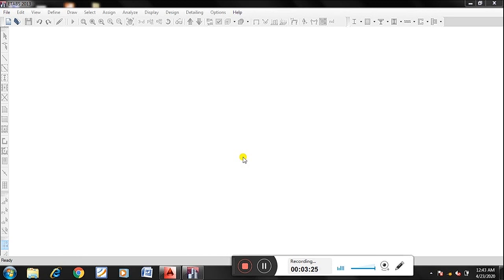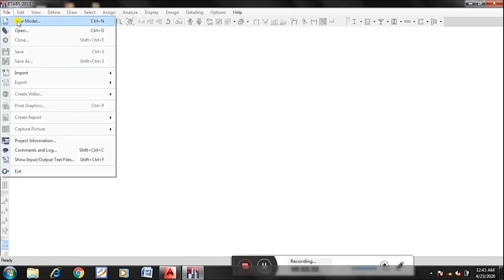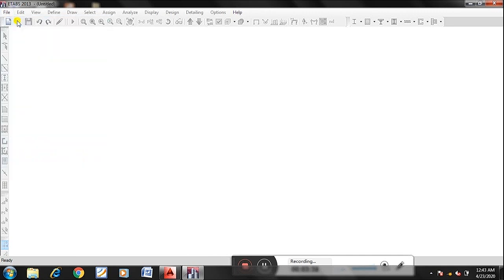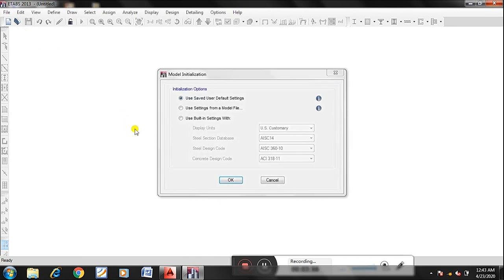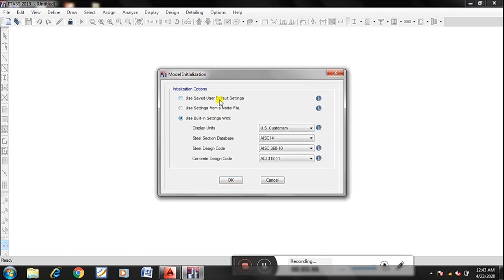The first step in ETABS is that you need to take a new model, and use built-in settings. You are not supposed to use the default settings or settings from some other model.